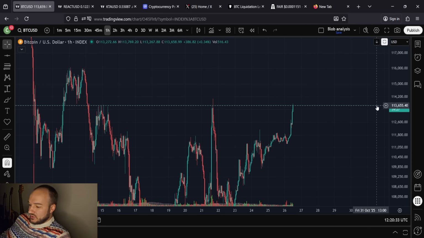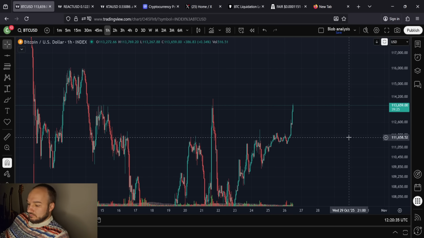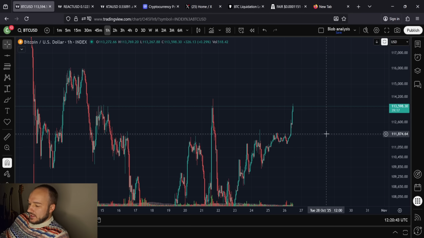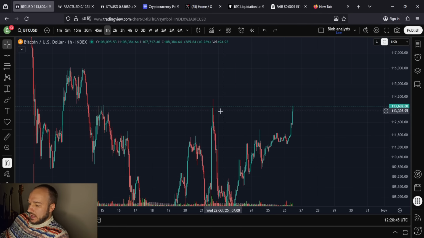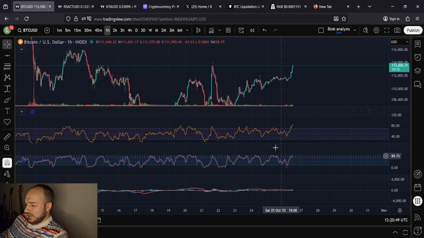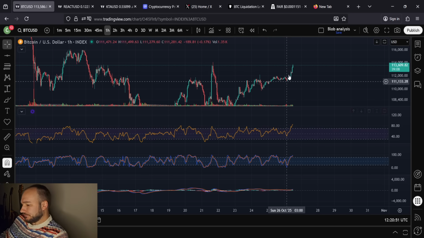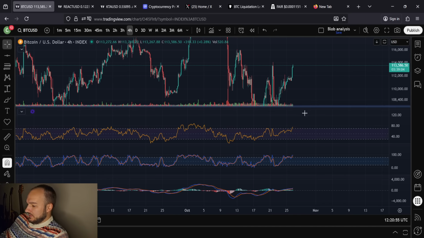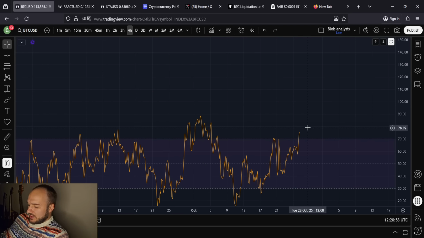If you watch this video and we're down, like $1,000, I think we're fine. If we come all the way back down below 112K, this could be a fake out breakout where we do come back down. But I just don't see that happening. Again, these kind of readings typically do persist. 4 hour time frame here. Looking at this, the RSI is just getting in the overbought zone.